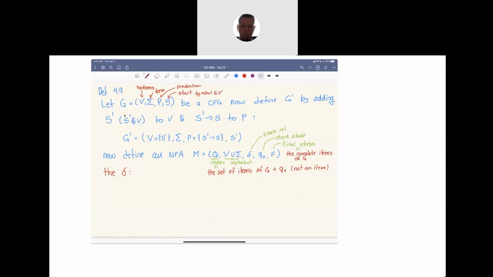So we can put that in as the first one. And that one basically just says, if you are in Q0, then without consuming any input, you may go to the state S prime goes to dot S, where S prime goes to S